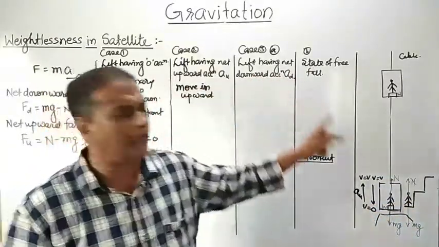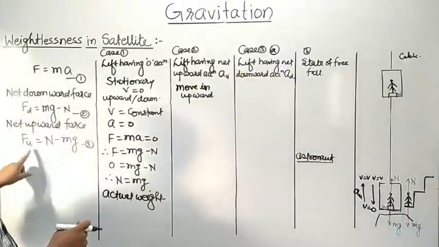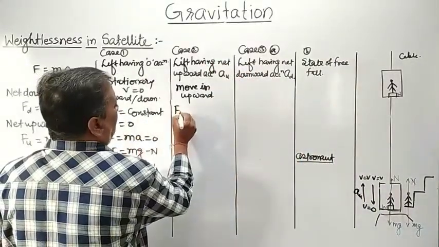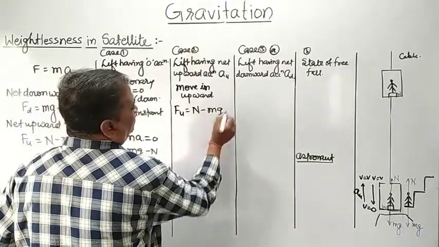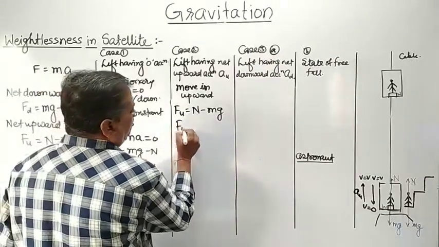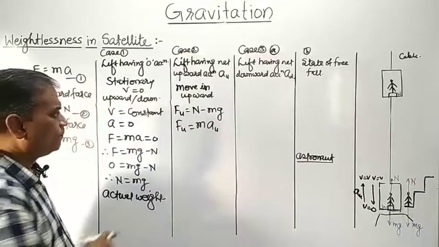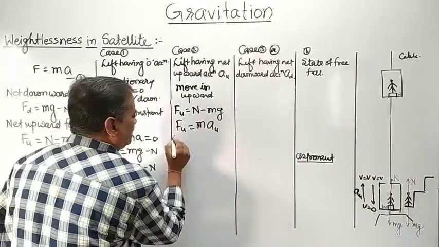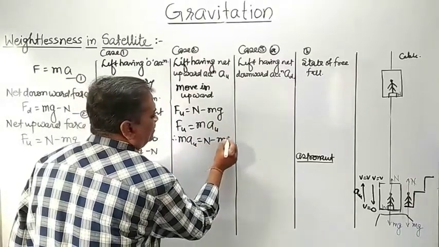So the net force acting on the lift is an upward force. Out of these two formulas, we will use F upward is equal to N minus mg, and the upward force F upward is equal to m into a upward. Putting this value in this equation, m into a_u is equal to N minus mg,